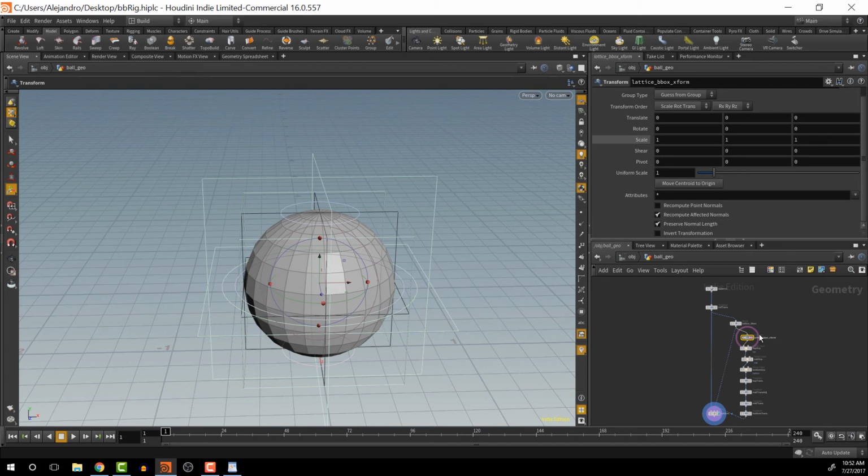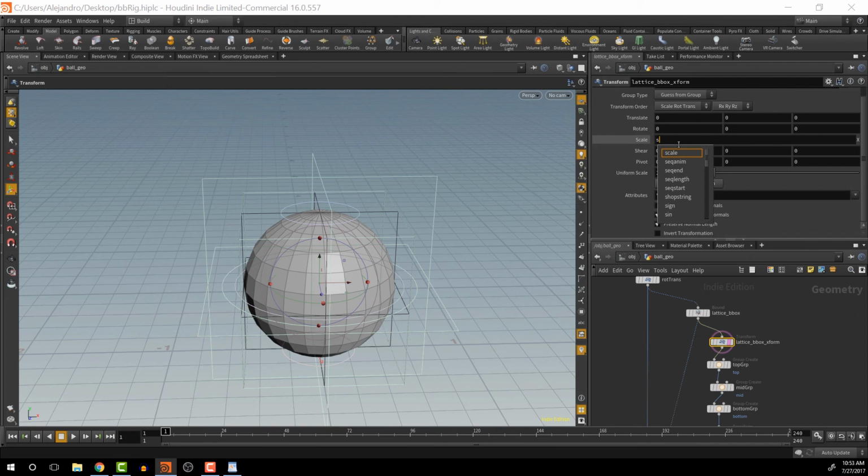And in the lattice for the deforming object here, this transform after the lattice has been created, what I want to do is go into scale, and I'm going to start off by doing the square root of, I need a value, so it's going to be 1 divided by